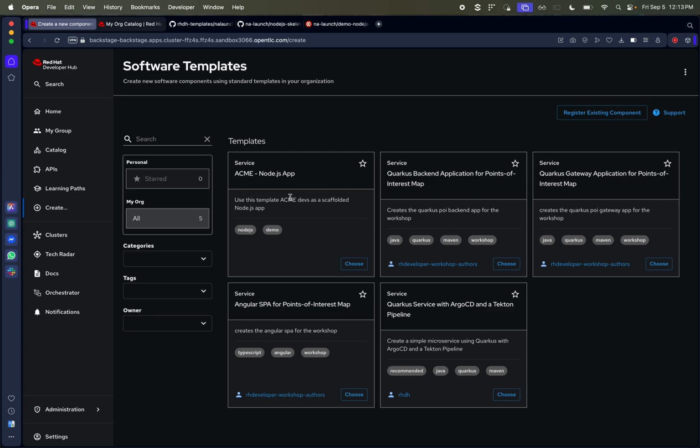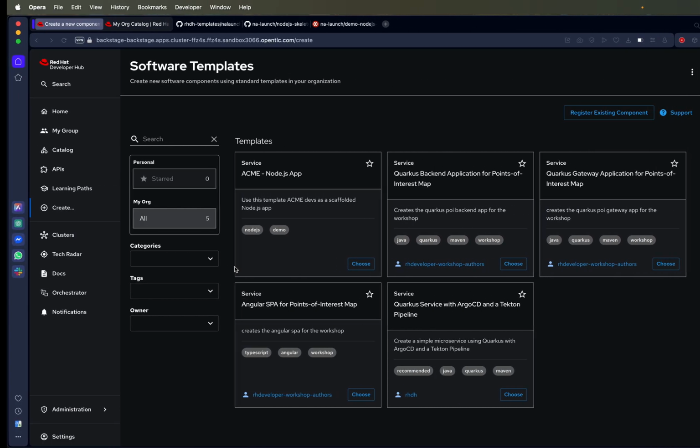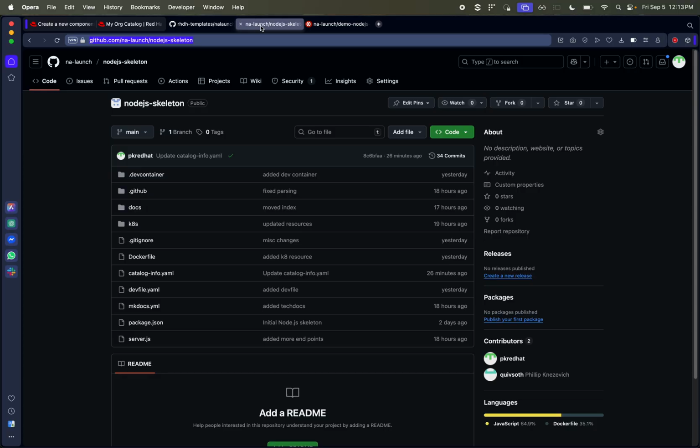Now, before I get into the next phase here, which is building the template and the skeleton, as I said to you before, the skeleton is predefined. It looks like your final productionized application, or your produced application, I should say, but it's got a whole bunch of placeholder variables in here that we're going to push in. So I think I need to show you this first before we actually generate the